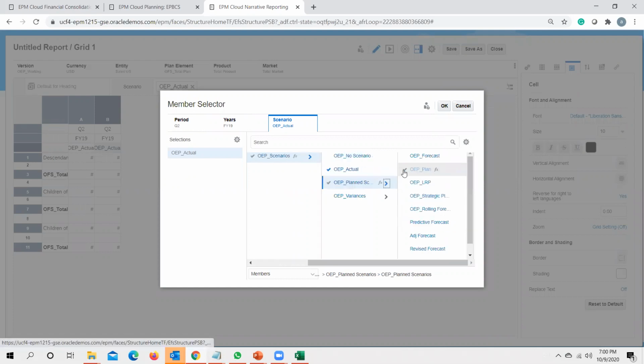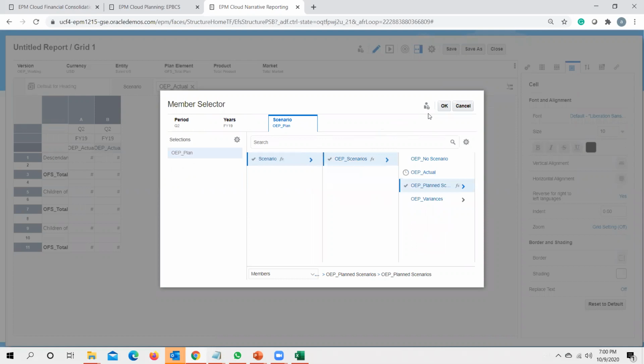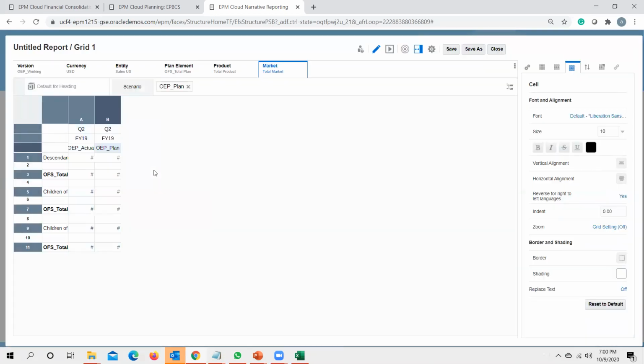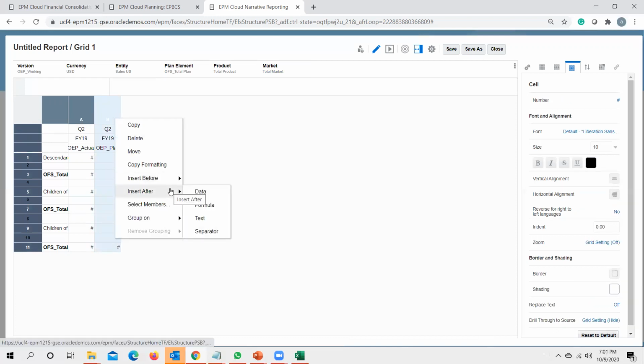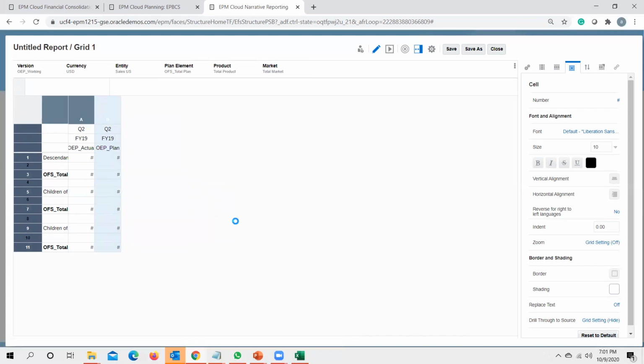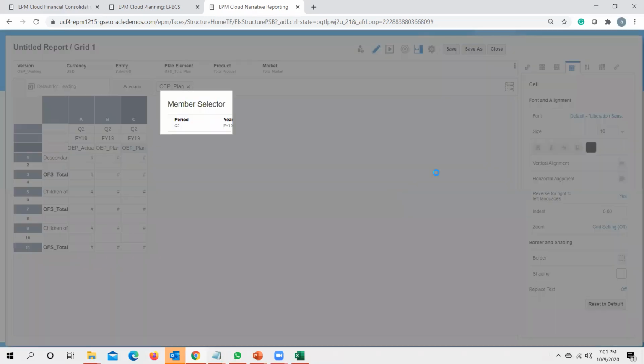Under plan scenario, I have my scenario OEP plan, and I also want to see my variance of it. I want to see actual versus plan, and I want to see a variance. So I click data. I select another scenario in here as actual versus plan.